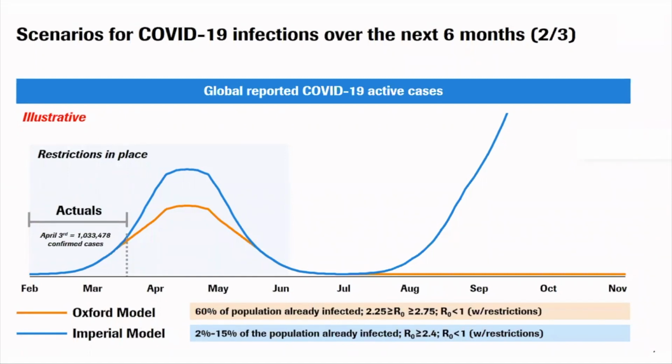This shows two different models for what might happen as a consequence of the course of this epidemic. In the orange line is a model in which you would hit a peak sometime in April and then slowly decline down to very low levels, and the peak would never come back again. That could be achieved if there was high herd immunity, that so many people had been infected that the virus can't find new people to infect, or if the virus was highly sensitive to temperature or humidity and went away